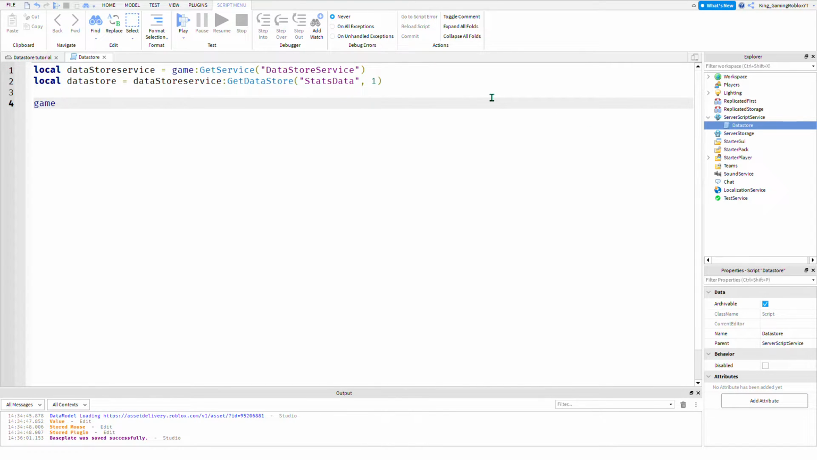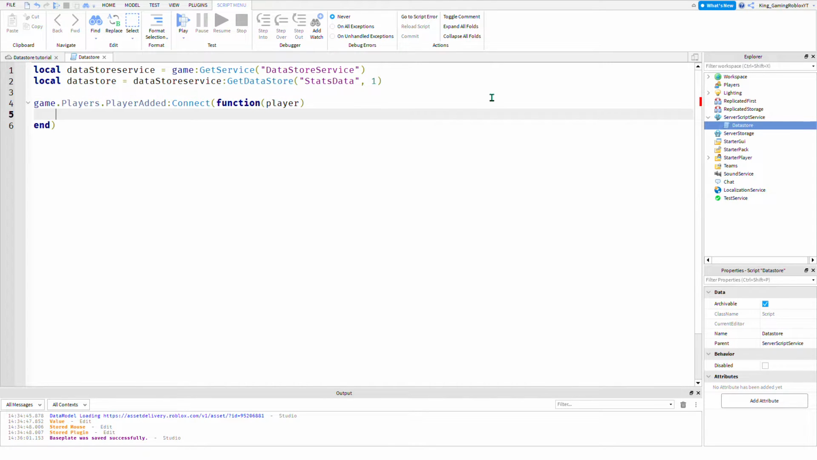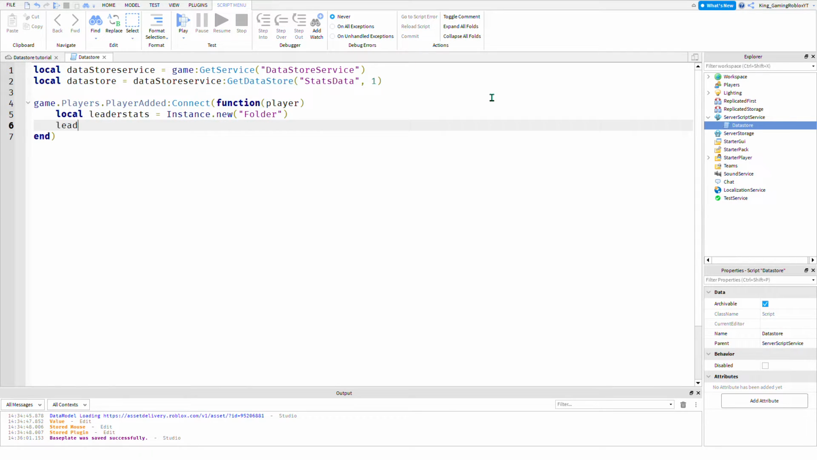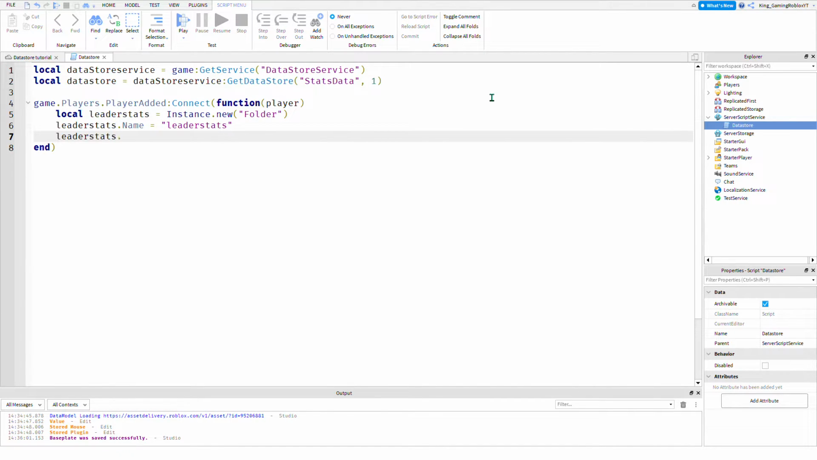Now you want to do game.Players.PlayerAdded:Connect function player. Local leaderstats equals Instance.new Folder. leaderstats.Name equals leaderstats. Leaderstats.Parent equals player. Local coins equals